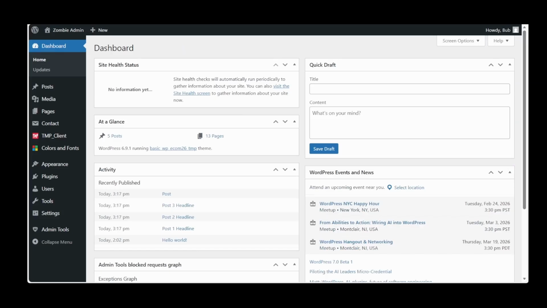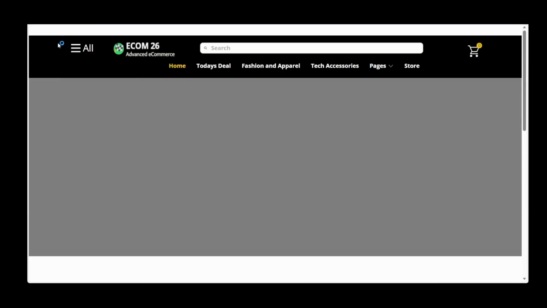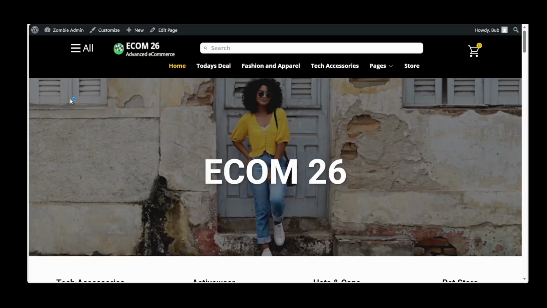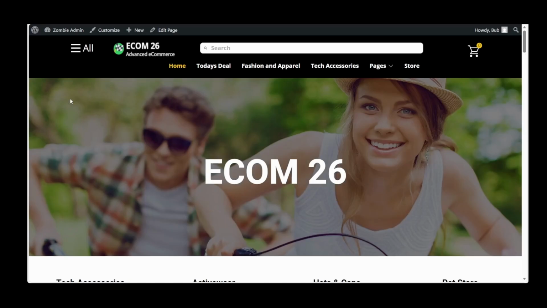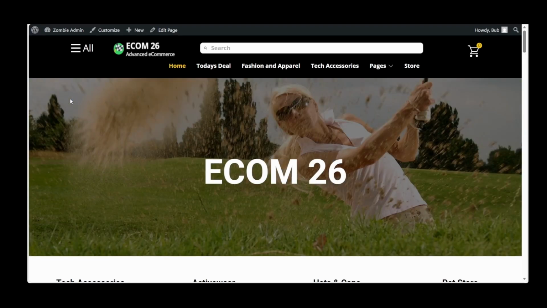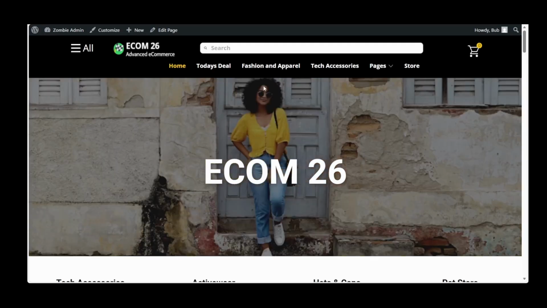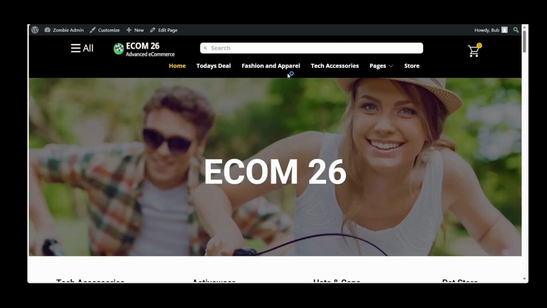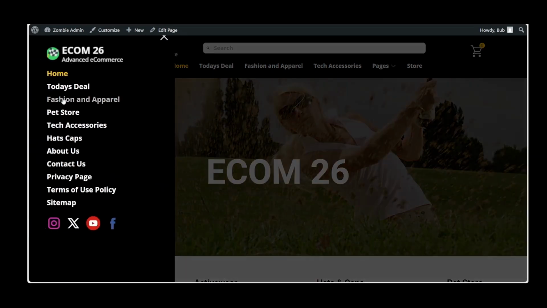Now let's head to the front end of Ecom 26. Since we switched the site style source from theme to plugin, we're going to need to make adjustments. You'll see that here's our navigation, our home navigation, and then here on the left we have the all navigation.